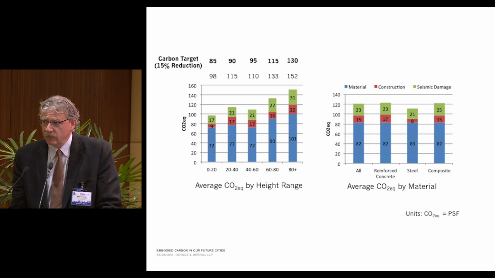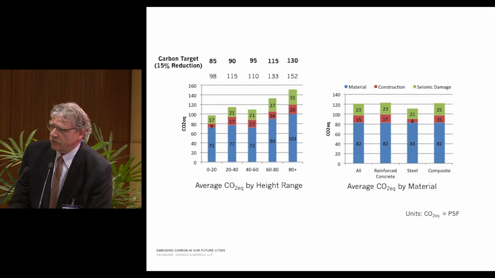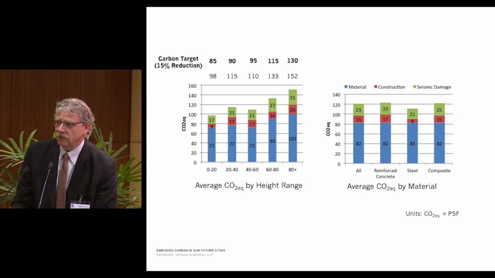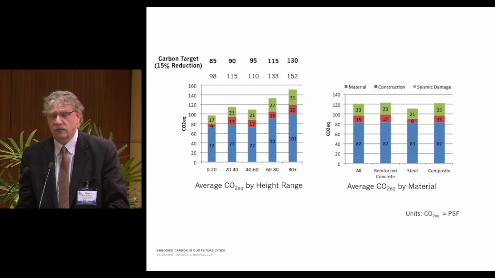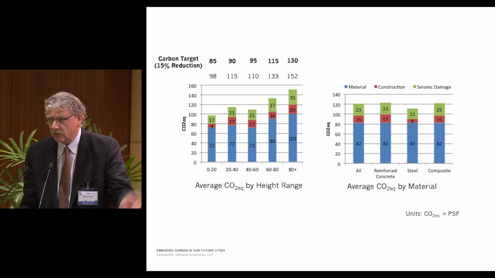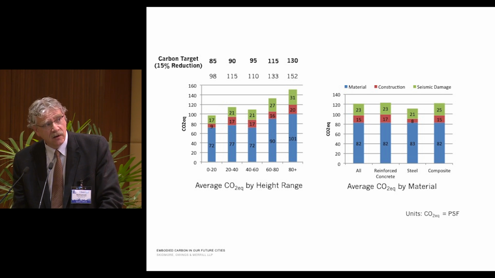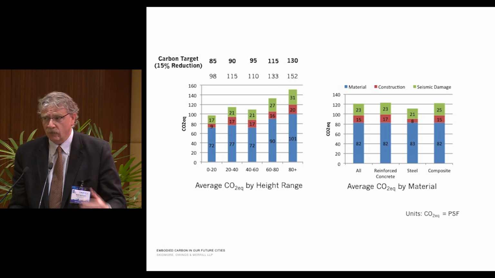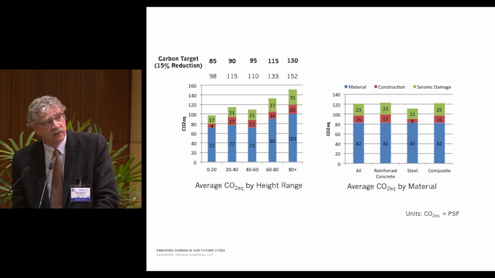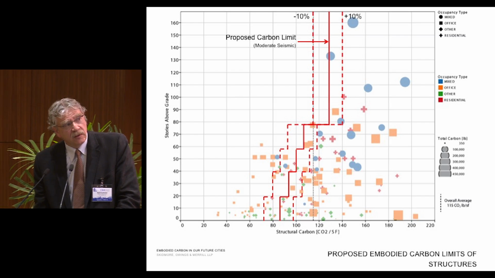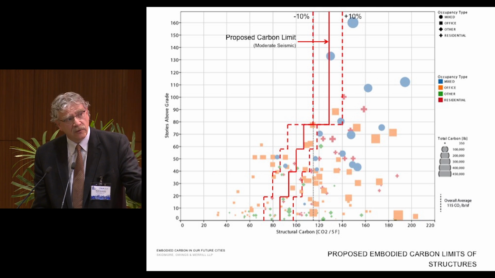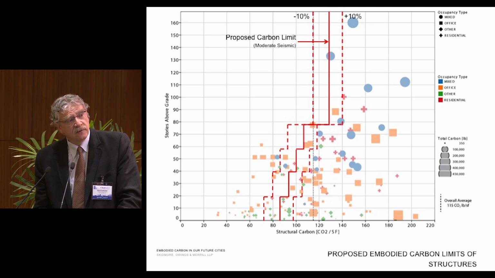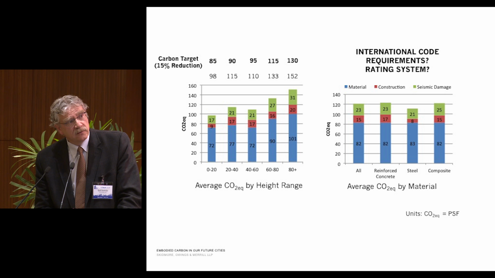So back to the carbon. We're proposing that we establish a target that all of us work toward. And this is a stab, it's a first try. But the numbers that you see, and they're included in the paper, are targets, a 15% reduction on what we think are achievable. So we can take these carbon limits and look at buildings over their heights and material types, but also think about